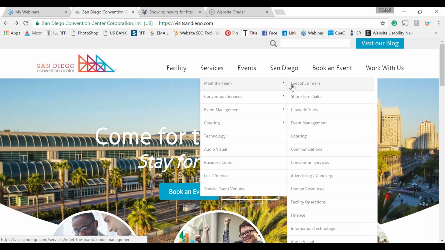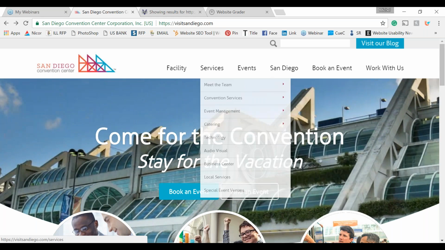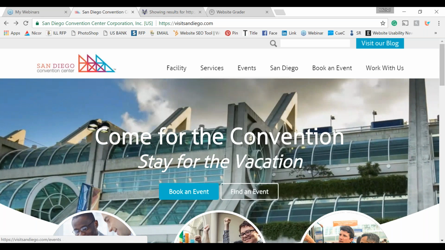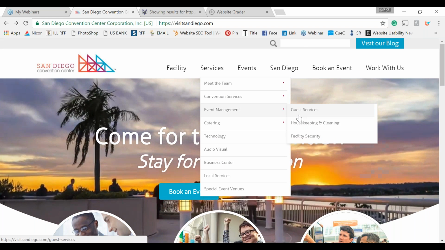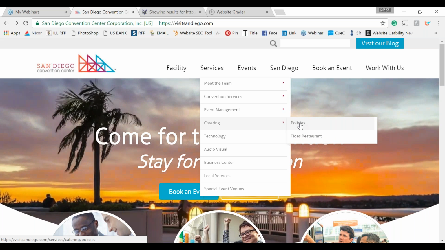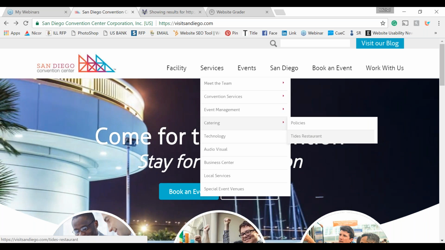All right, so we're going to go ahead and look at a couple of the internal pages. I really want to look. Oh, wow. Let me try one more time. Let's try convention services. Okay, yeah, I can't scroll down the sub menu. Oh, there we go. Okay, let's go ahead and click